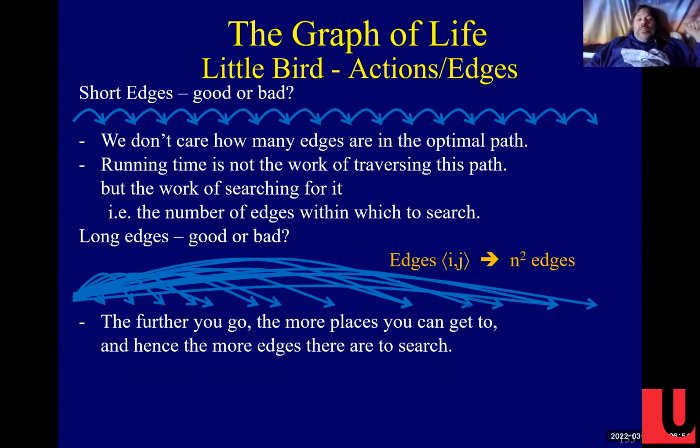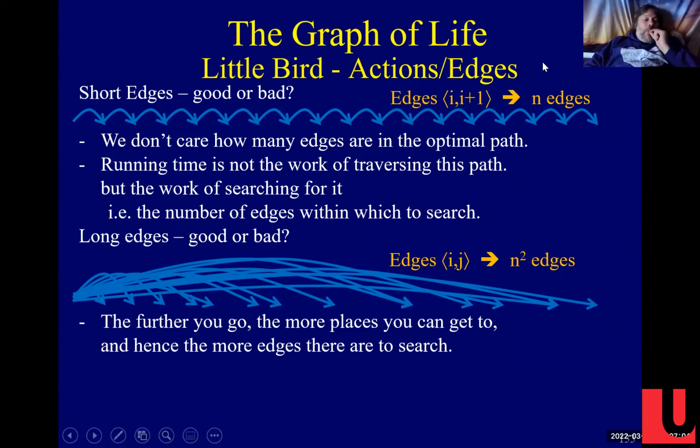That's a lot of edges. While up here, if my edges only go from node i to i plus 1, then I only have n edges, right? So the purpose of this page is to motivate that this top picture is better than this bottom picture in terms of the running time of finding the optimal path,